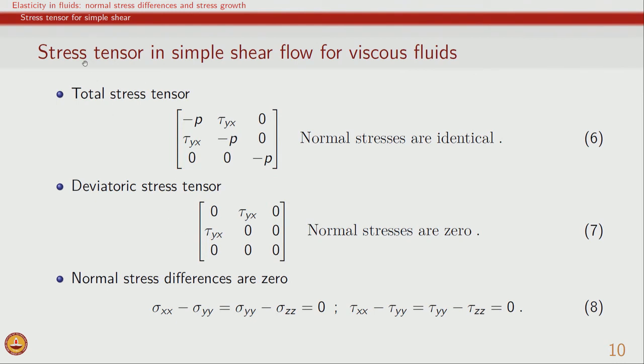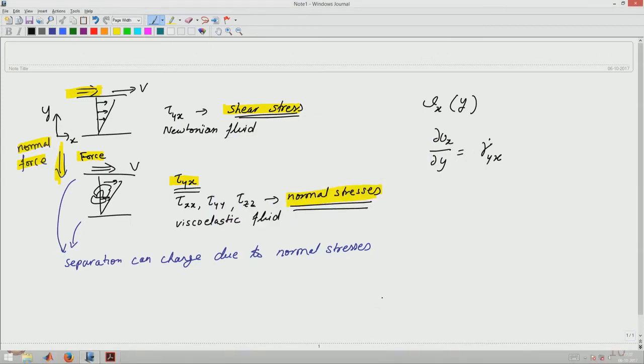So, in summary, what we are saying is that if we apply a simple shear flow on viscous fluids, which is a steady shear flow, and at steady state we look at the state of the stress tensor, the state of the stress tensor would lead to normal stress differences being 0, and that is what is indicated in this plot here, when we said that the force which is being applied will only be shear, and in this case no normal stress difference will arise. So, no normal stress difference will be observed in a viscous fluid,